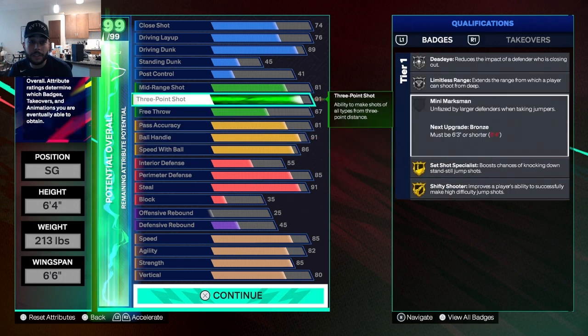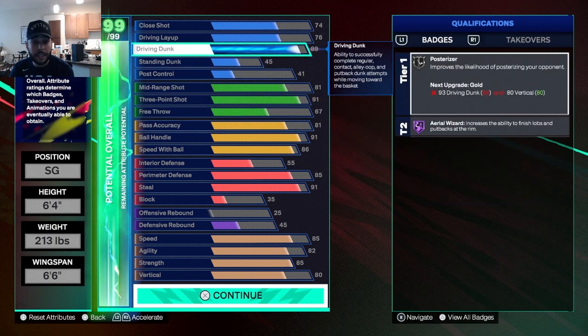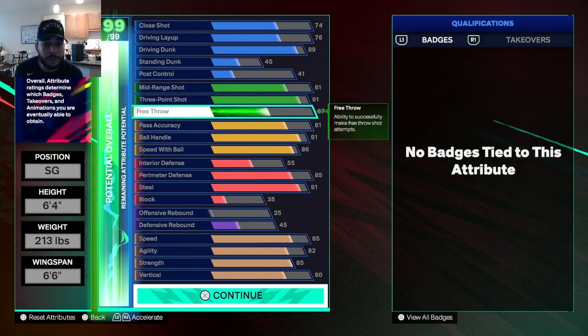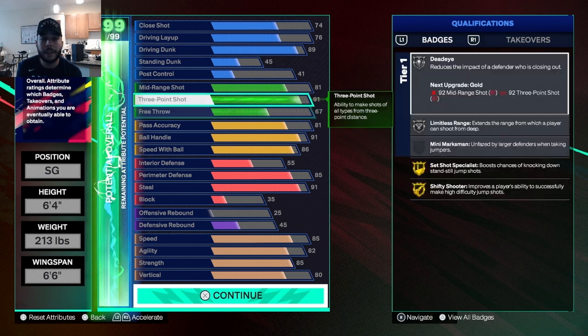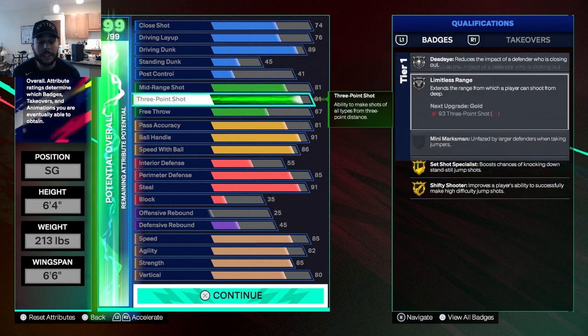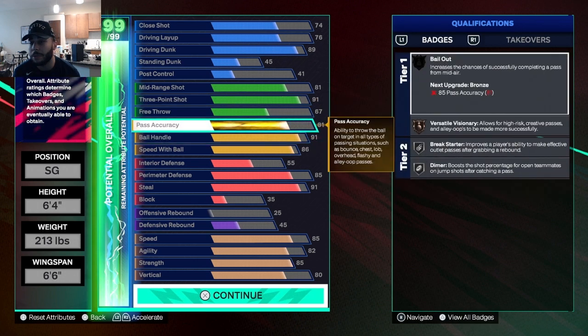So far you can see the cap breakers I'll use: 5 for 3-pointer, 5 for ball handle, 4 for driving dunk, and 1 for pass accuracy. So I guess I just told you, spoiler alert, all the cap breakers that I will be using. But that will give you the gold posterizer and some contact dunks, Hall of Fame shooting, Hall of Fame playmaking, and the last one on pass accuracy